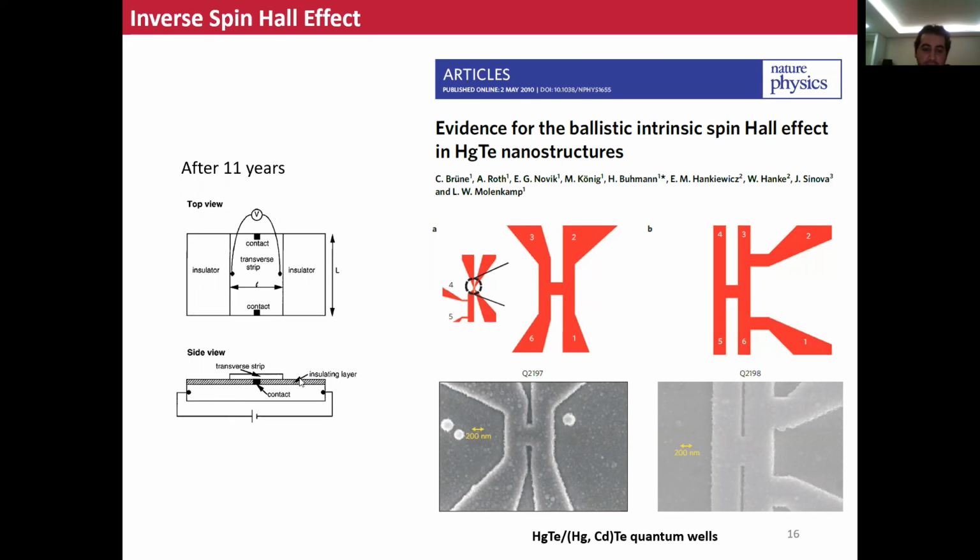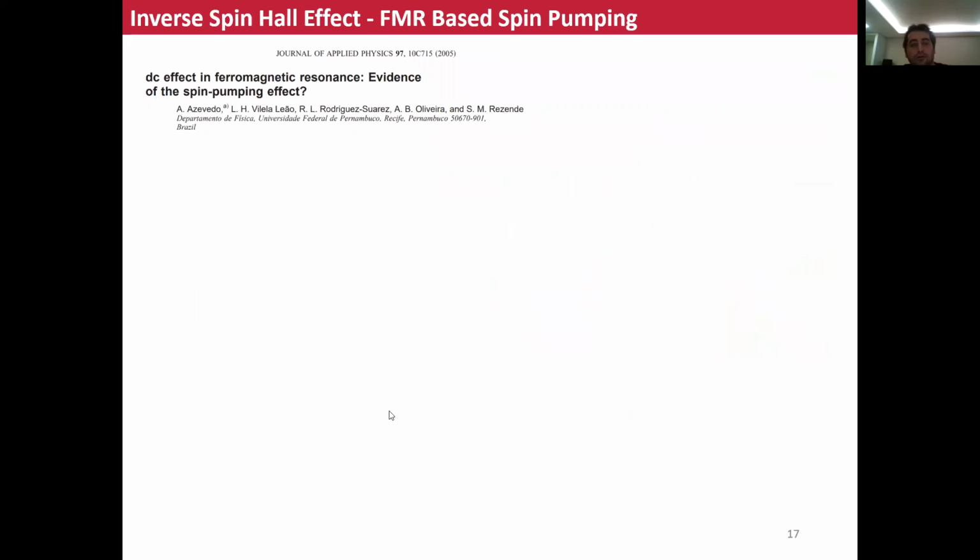Here, we know that most of the heavy metals have spin diffusion length of several nanometers, and it was very challenging to fabricate that insulating layer in the thickness of several nanometers. When you make this layer very thin, it becomes conductive. So it was very challenging. During this time period,